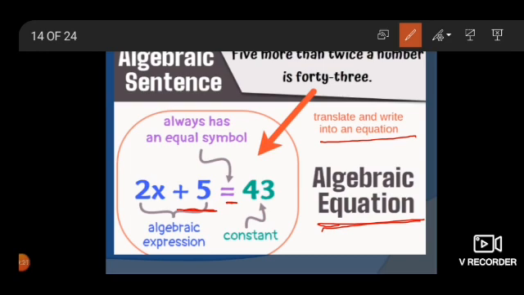What do you mean by twice a number? Twice a number means 2 multiplied by that number. I have taken the unknown number to be x. As they have given here twice a number, I have multiplied by 2. So to conclude, the final algebraic equation will be 2x plus 5 is equal to 43. So here, if I say only 2x plus 5, it is only an algebraic expression. If I say 2x plus 5 is equal to 43, it will be an algebraic equation. I have given this example for you to be familiar with algebraic expression and algebraic equation.